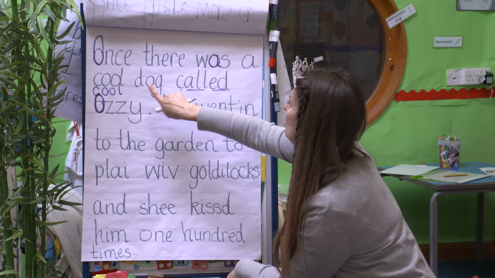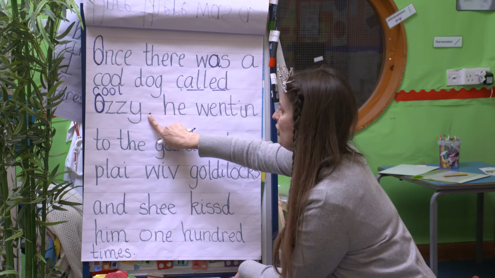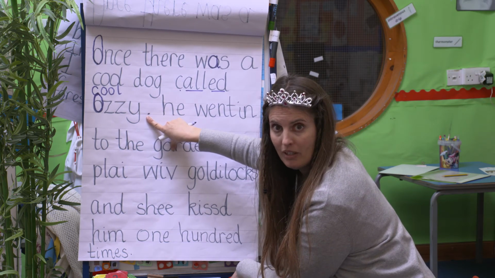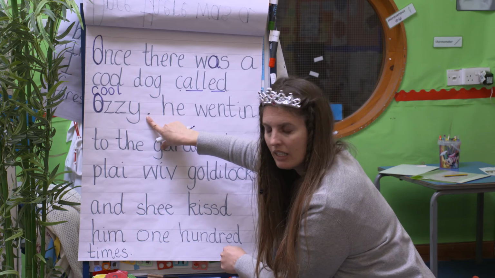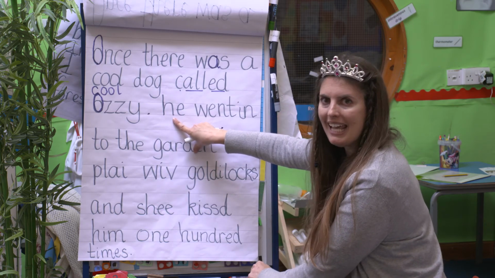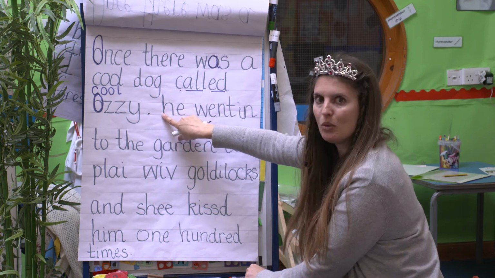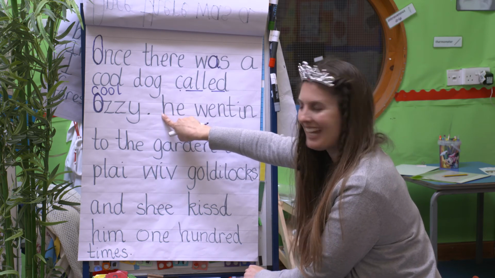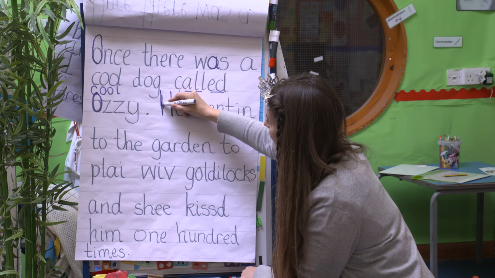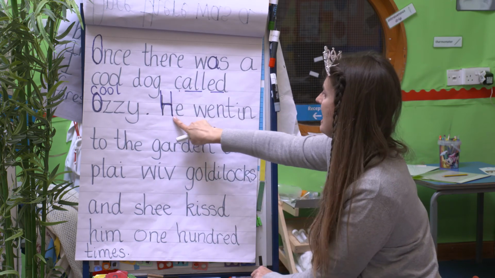Once there was a cool dog called Ozzy, full stop. That was the end of his sentence. That was good that he remembered a full stop. Let's start his new sentence. Can you spot anything? Oh, Ozzy, when you start a new sentence, what should you start it with? That's right, capital letter. Let's change that. There you are, Ozzy. We've changed it into a capital for you. He